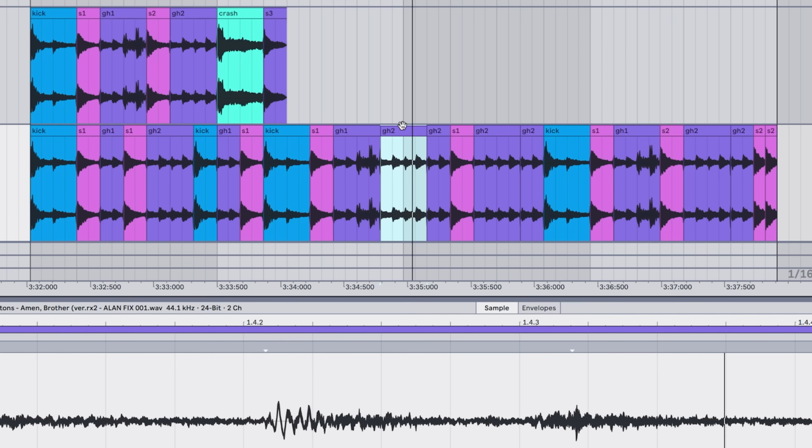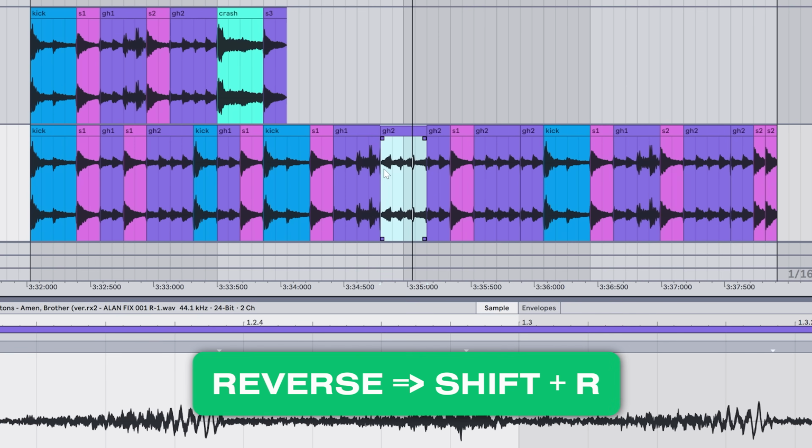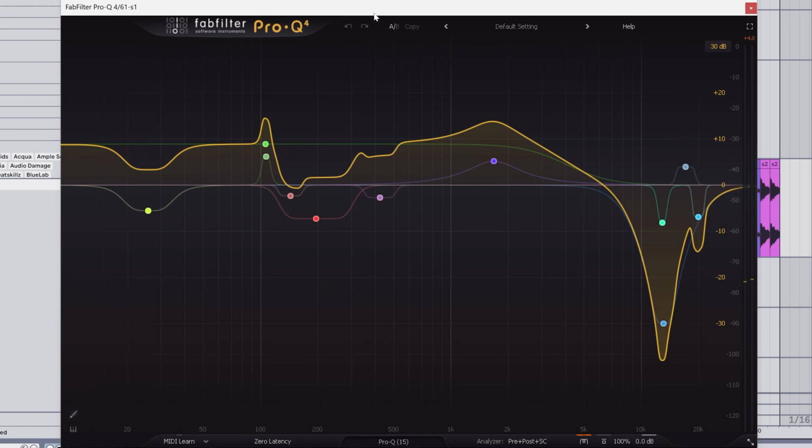And just note this Ghost 2 here, which is before the 3rd bar, is in reverse. So Shift R reverses it. And with some EQ matching,